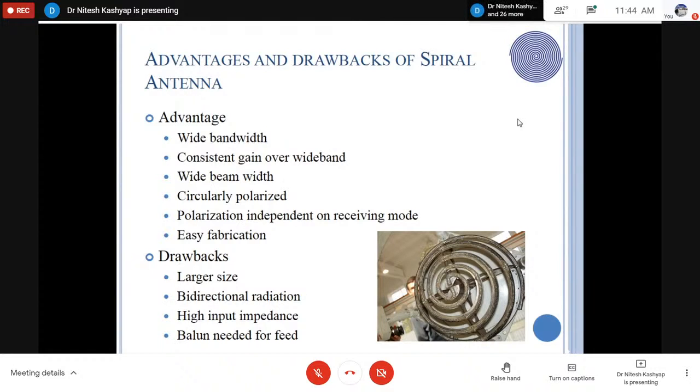So we cannot directly feed it. Okay, so we need a balun, which is a balanced line transformer. So we use a balun to match the input impedance from the transmission line to the spiral antenna. Okay,